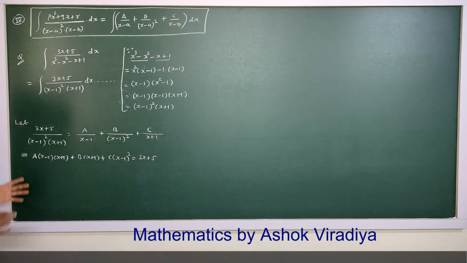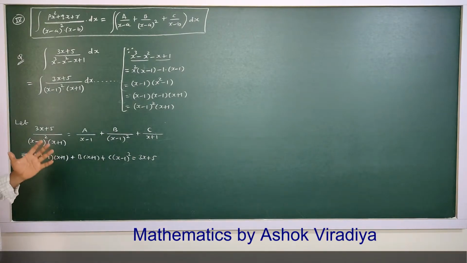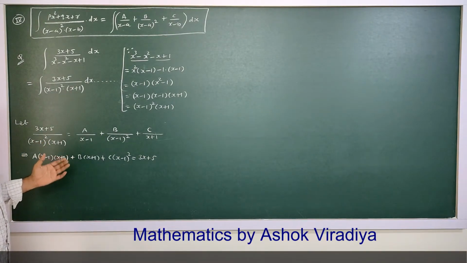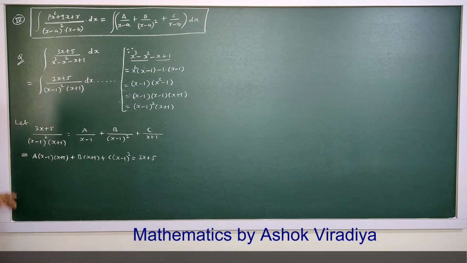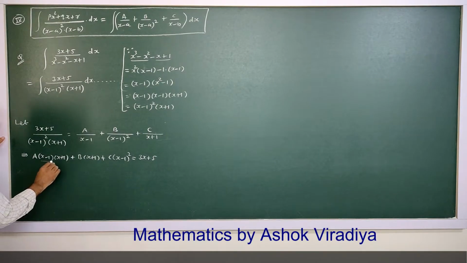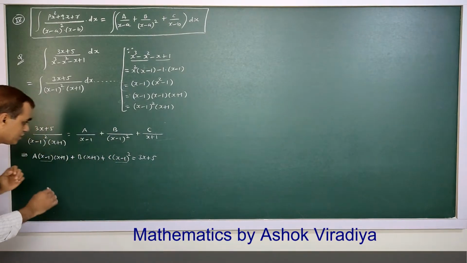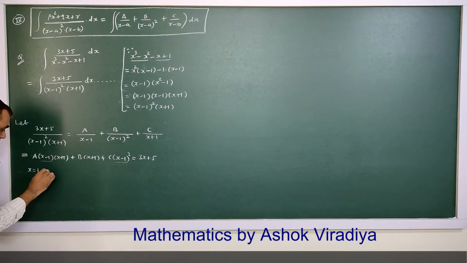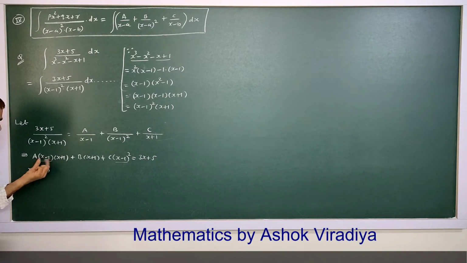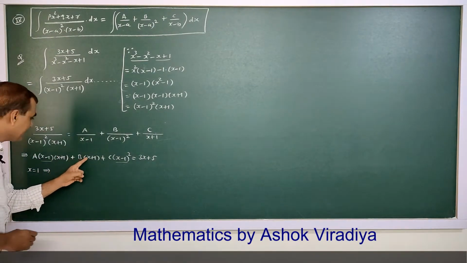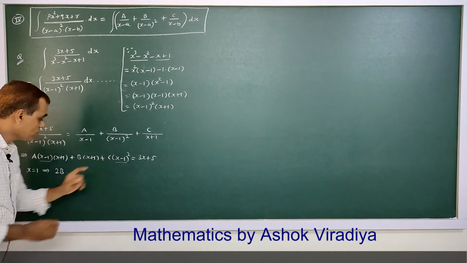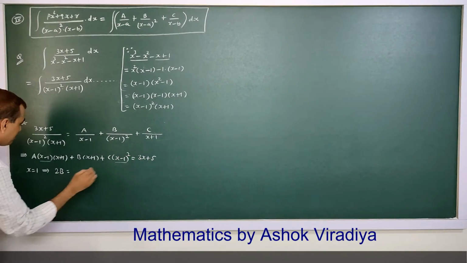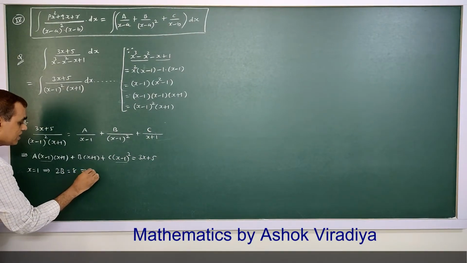So now to find the values of A, B and C with minimum calculation, we try to obtain maximum zeros. Look here, if you observe the first term and last term, x minus 1 is common. So we are taking x equal to 1. So this will be 0, and this will be 0. Putting x equal to 1, we get 2B, the rest will be 0. RHS will be 3 plus 5, 8. So B is 4.